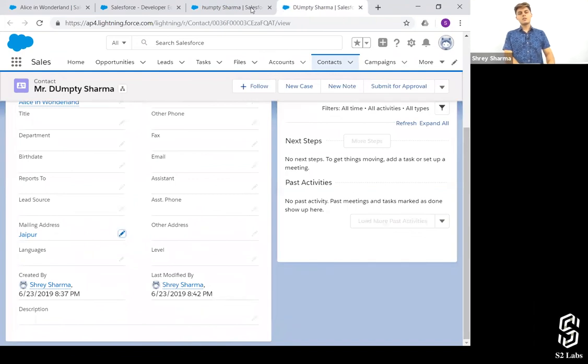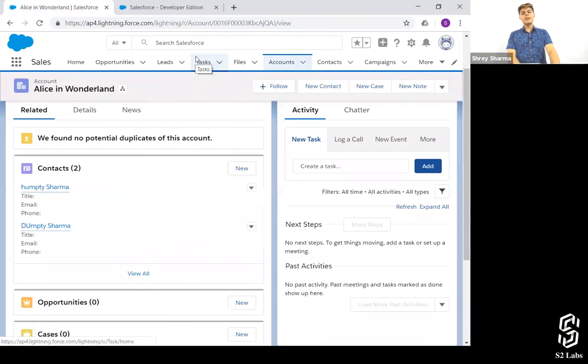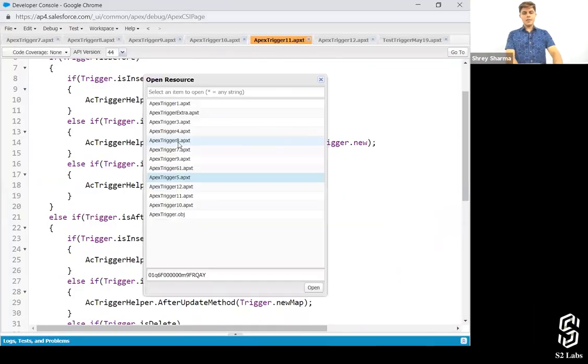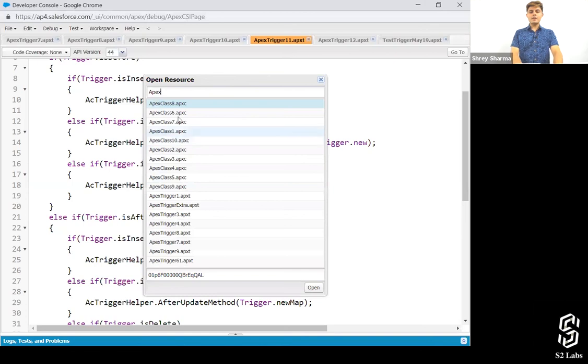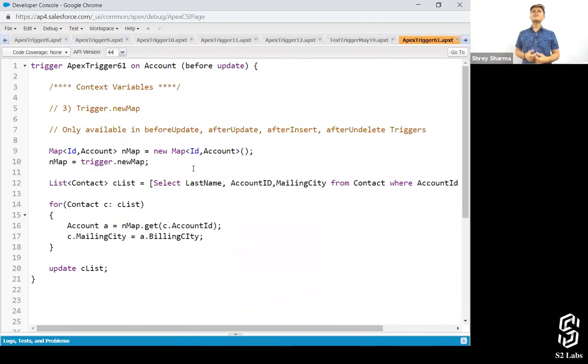Clear, everyone? How to use new map? So I'm not only explaining to you what a context variable is and what it returns. I'm also explaining what situations you might have to use these context variables in. Like new map, I'm pretty sure you're not going to use it often, right? Not a lot of the time, but these are some situations in which you can use it. These are some business cases, or user cases, or scenarios in which you can use it. So you better take care of it.